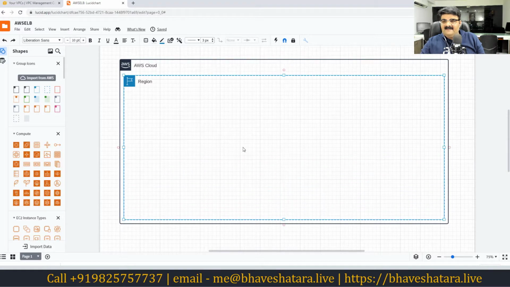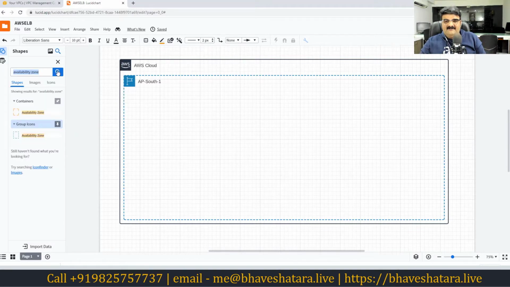Because I'm in India, I'm going to give this region the name AP South 1. This is the region, so inside the cloud we have regions. And inside a region we have availability zones. Let me add an availability zone from here. Yeah, this is an availability zone.